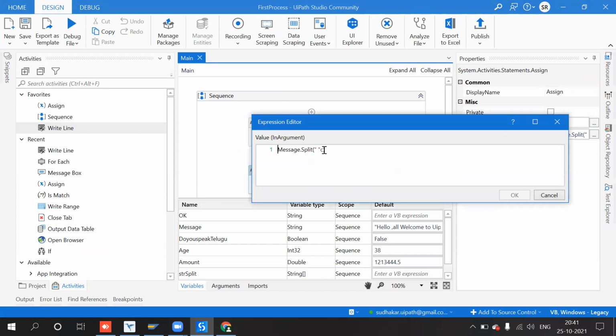I want to split by using the equal symbol. See, here I use equal. So I want to use it based on the colon. See, split followed by one character. What is the splitting character you have to provide?